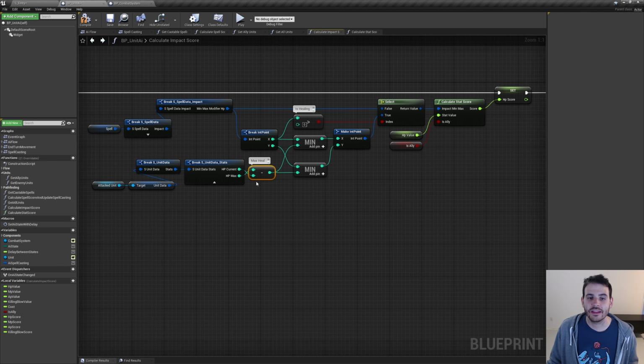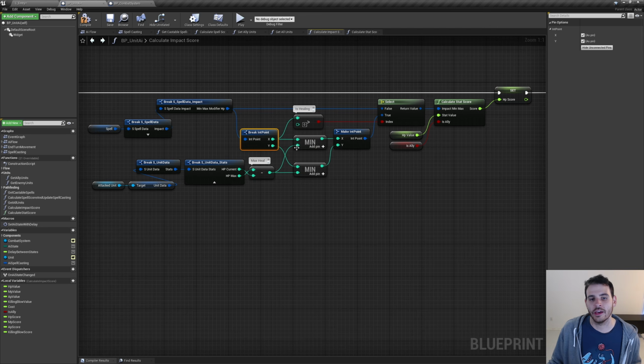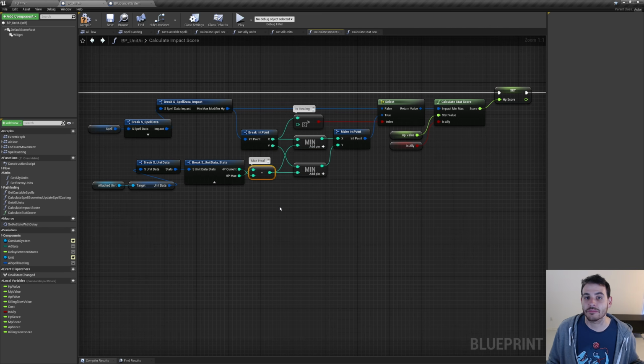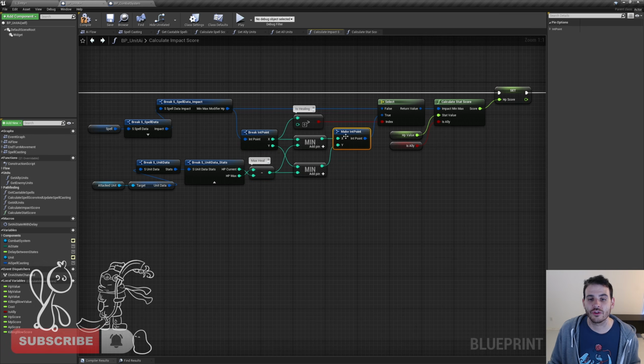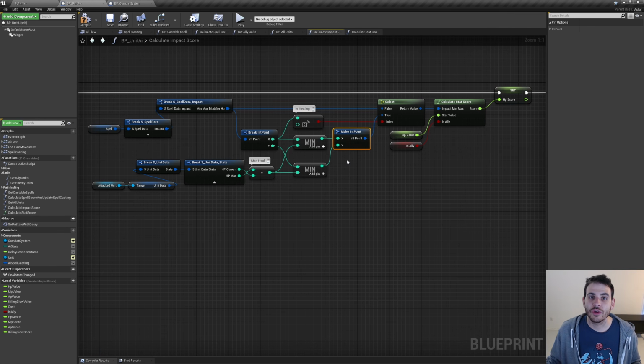Because let's say the unit has 5 health points missing right here, and the initial range was between, let's say, 10 and 50 healing. In this case, the mins are just going to compare with the 5 that is missing from the unit. So the minimum between 15 and 5 is obviously 5, and the minimum between 50 and 5 is obviously 5 again. So that's just going to make a new range from 5 to 5, which is exactly what we want. We are just going to be able to heal the unit by 5 health points,